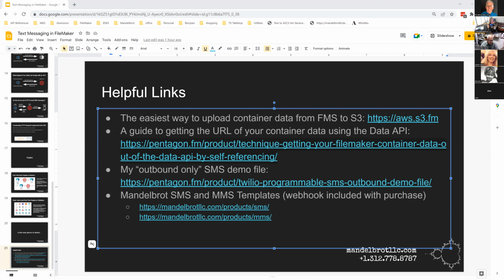In order to get that, you actually have to approach it as if you were just an everyday outside application, and you're trying to pick up what is the URL for this. So the basic gist is you save the credentials that you would need to log in, you create a user, and you reference that, you query yourself, and you query the data API from inside your FileMaker solution. As long as nobody else uses the URL for the container before Twilio does, it'll allow you to use that as your media URL, which is really kind of cool.